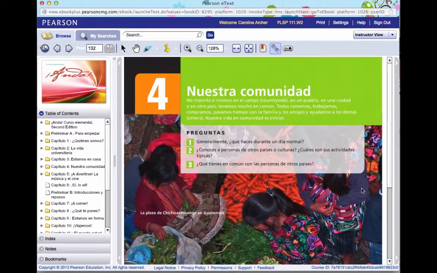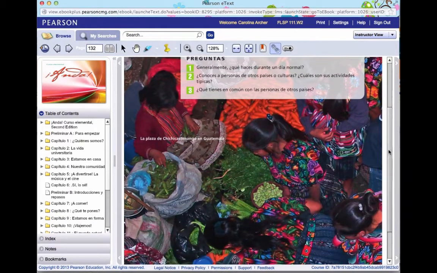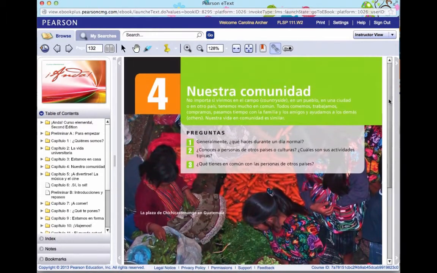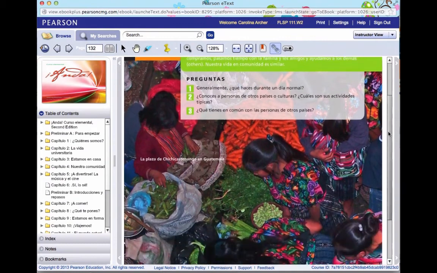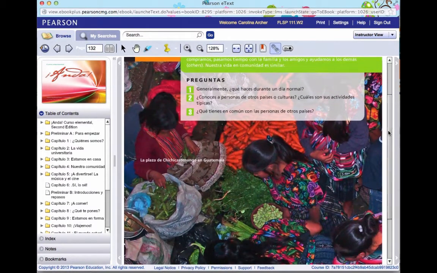Okay. Community life in Latin America is pretty different from community life here in the States in different ways. Most of the social, I guess, and community life happens in the downtown area of a city. Here in this picture you have a market. This is in the Plaza de Chichicastenango, Chichicastenango in Guatemala, and you can see a lot of those in Latin America, in some countries more than in others.